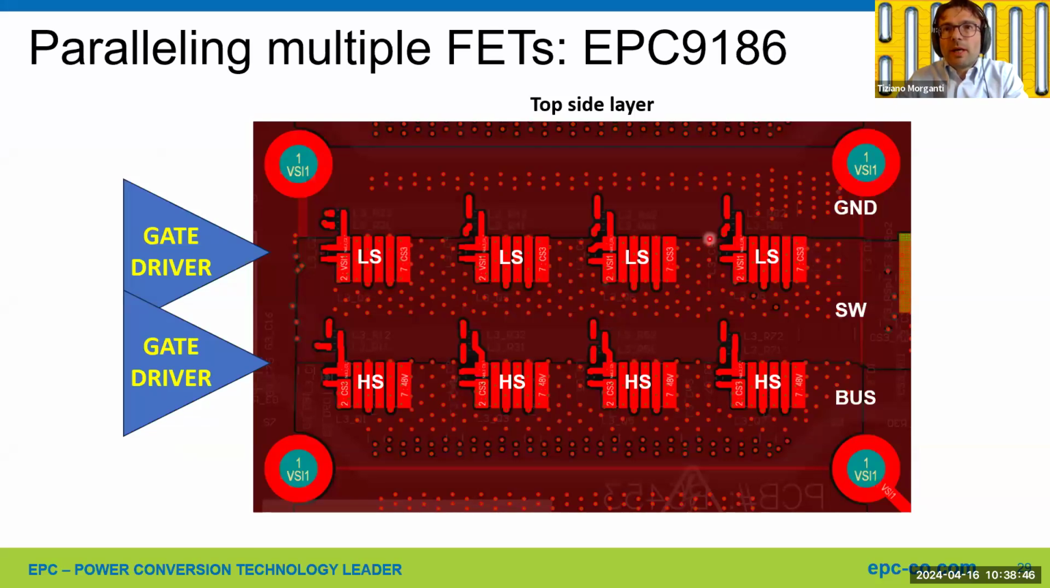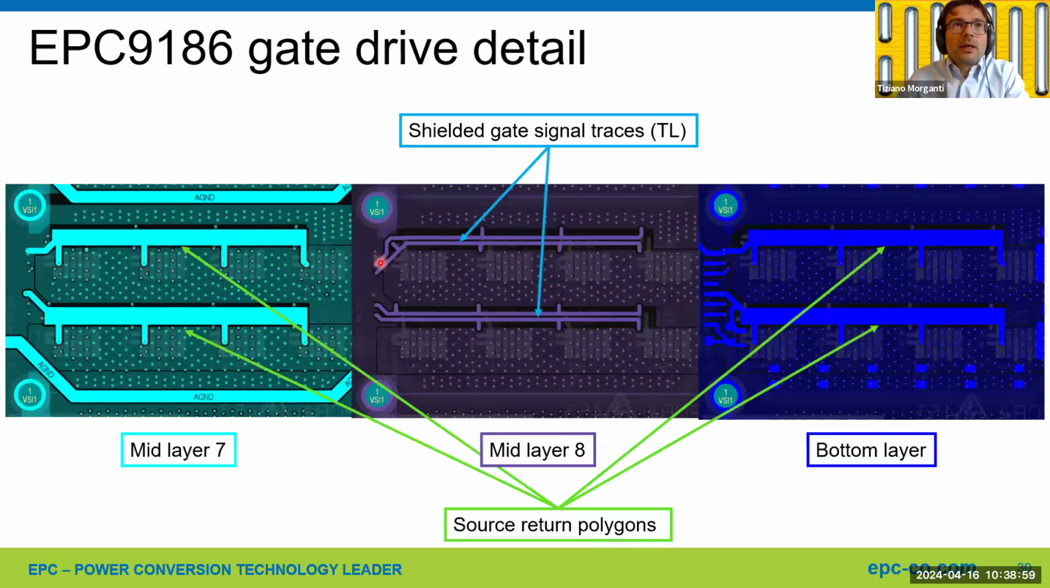So we have the low side device here, the high side device here, bus, switching node, and ground. And the gate drivers are on the left. So those are the gate drive distribution tracks for the low side and the high side. Those are in the inner layer immediately above the bottom layer. So you can see in the bottom layer, we have the gate driver here, and we have the return polygons,